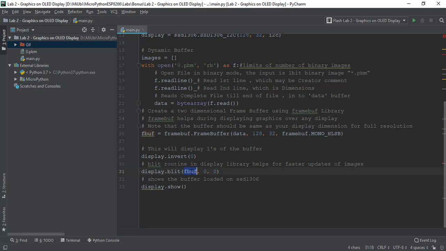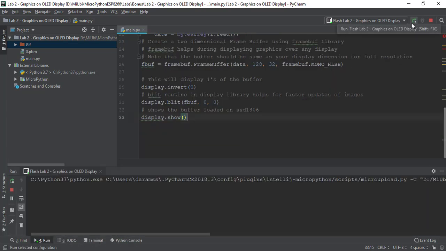In our case, there is only one image copied into FrameBuff. In the next lab we'll have multiple images looped, with which you will see an animation. So I have given access to fbuf, which is passed as an argument to the Blit routine, which updates the image fast, and finally display.show shows me the image.